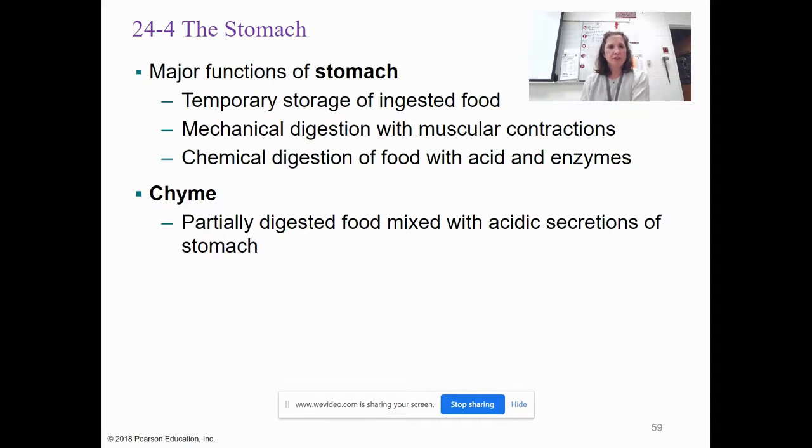Students, we're going to go over the stomach through the gallbladder. All right, so we've already done a paradox on this, so this should be review. So functions of the stomach: it temporarily stores ingested food. There's some mechanical digestion with the muscular contractions that occur within the stomach, and there's some chemical digestion of food